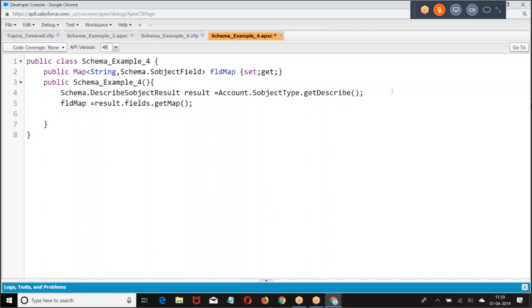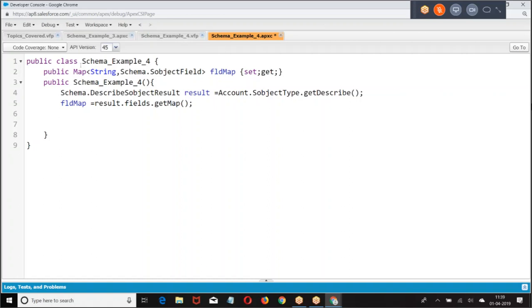fields dot getMap. Field map equal to result dot fields dot getMap. Now what we have done: get the description about an object, get the fields in the form of map. Description dot fields dot getMap.